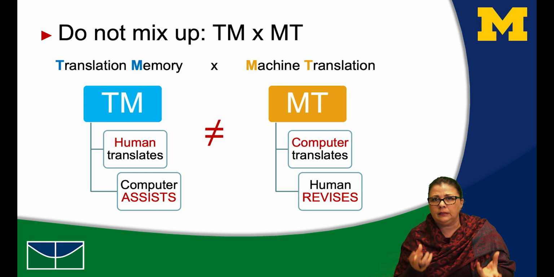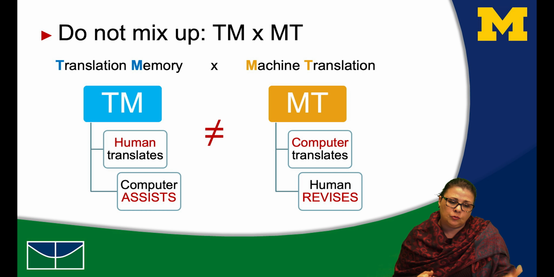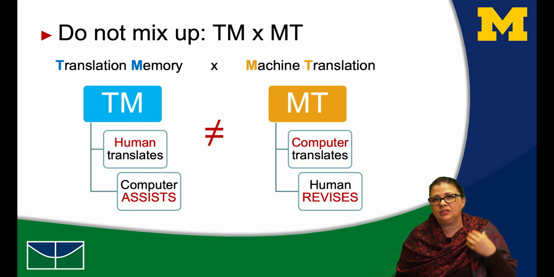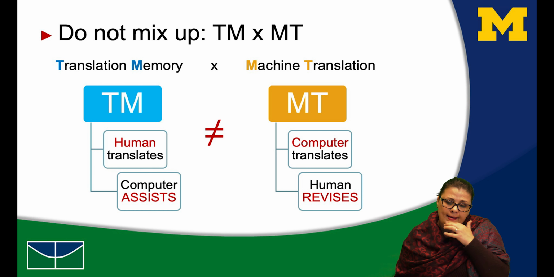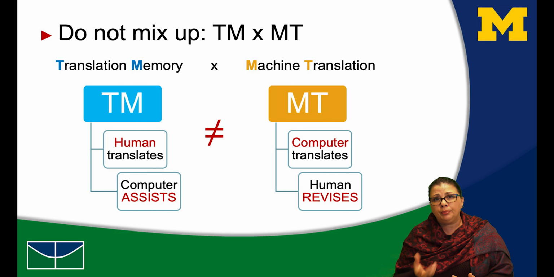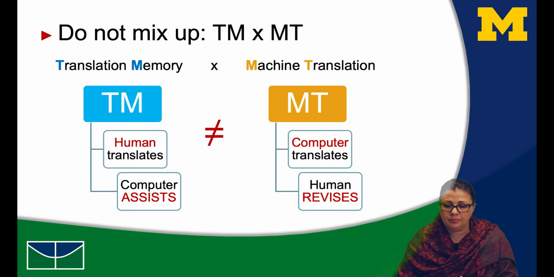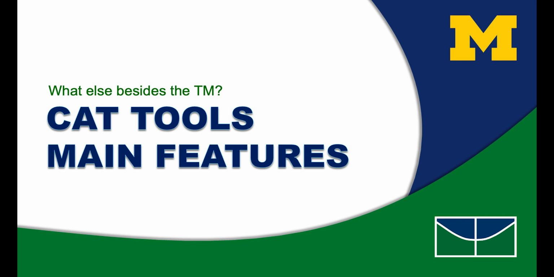So two completely different things. One, translation memories, human translating, and then the computer is assisting with the translation. Whereas in machine translation, the computer is translating, and then we humans have to decide if that's useful or not for our purposes. So let's go ahead and